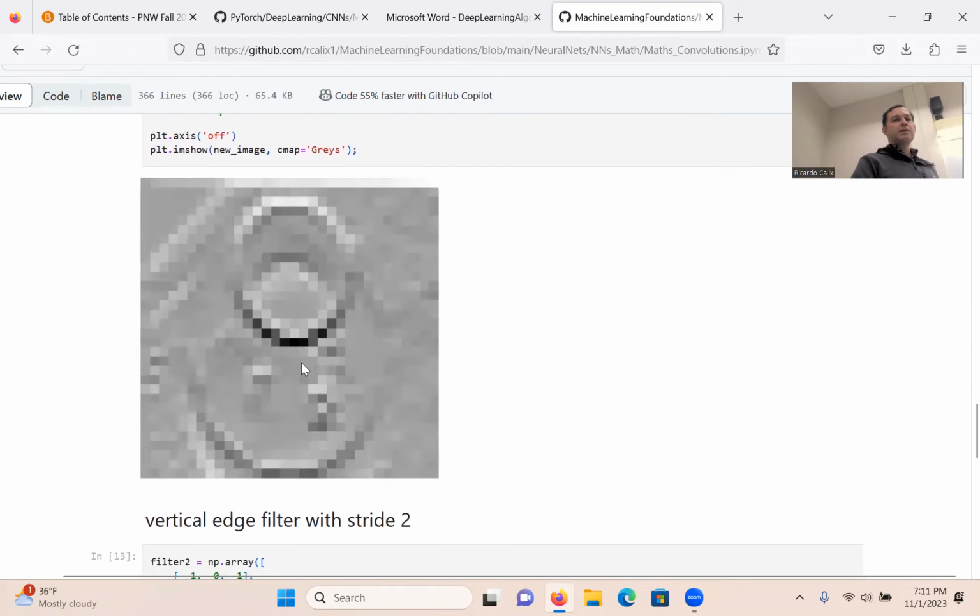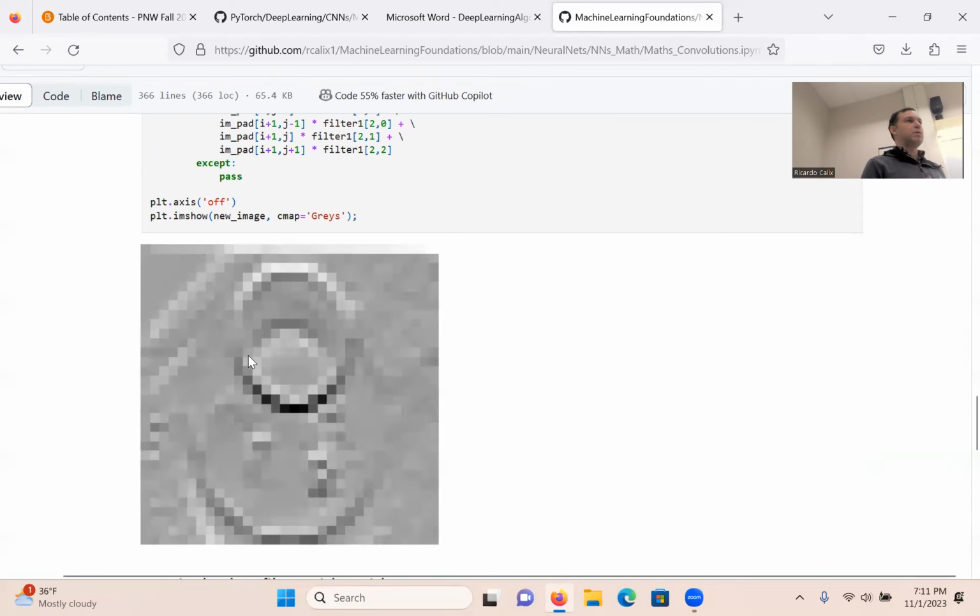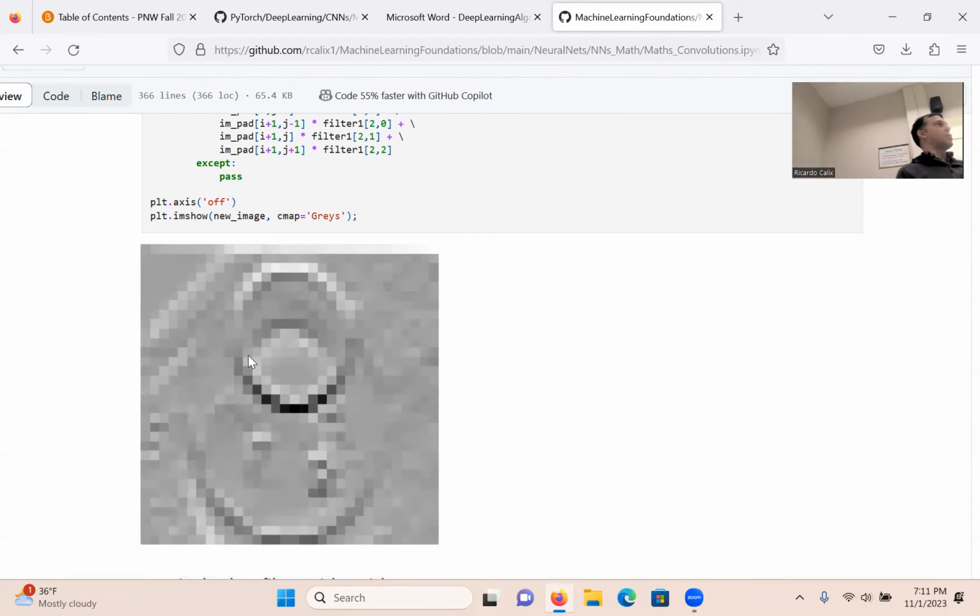If you look at the resolution of this one compared to the resolution of this one, you can see that the pixels are a little bit bigger somehow, more boxy. And that takes us to the important concept that CNNs also shrink the images. They start with an image of a specific size, and then they start running these filters, but they also try to compress them, like cut them down in size. That's called max pooling, and it's something that